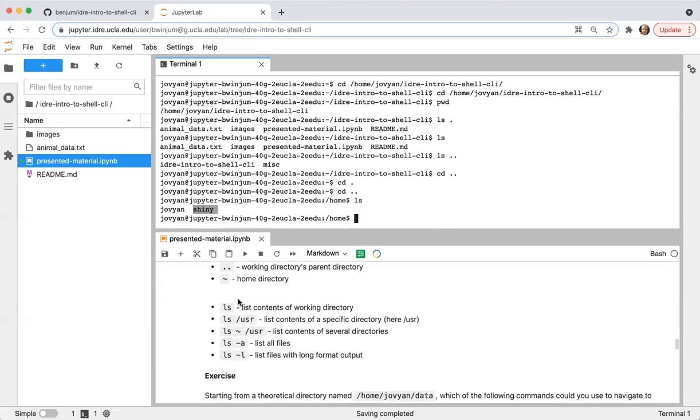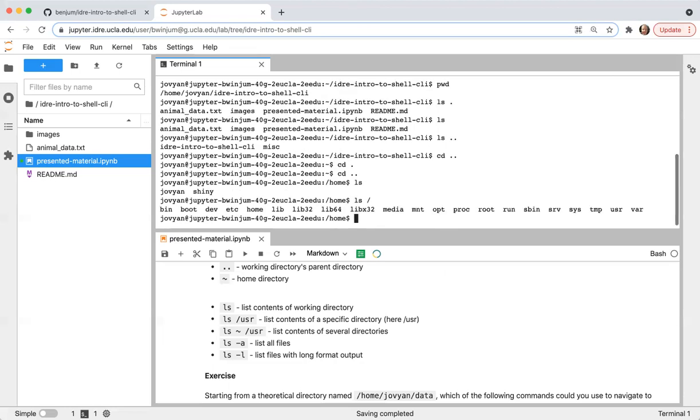Let's see, I've talked about ls. I've talked about listing the contents of a specific directory by putting the directory after ls. So let's list the root directory, which is ls and slash. These are all the directories that are inside of the root directory. So the Linux system is designed to be relatively open.